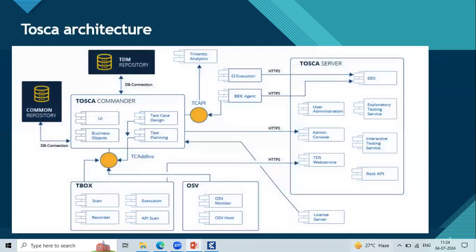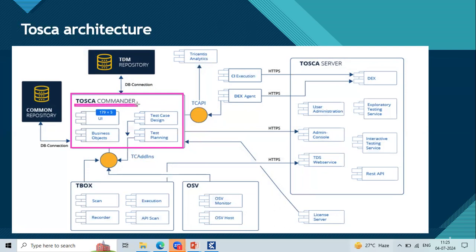Next. Is everyone able to see my system? Yes. So this is the Tosca architecture, right? If you see this entire Tosca architecture, team, all the things I highlighted are integrated with Tosca Commander only.